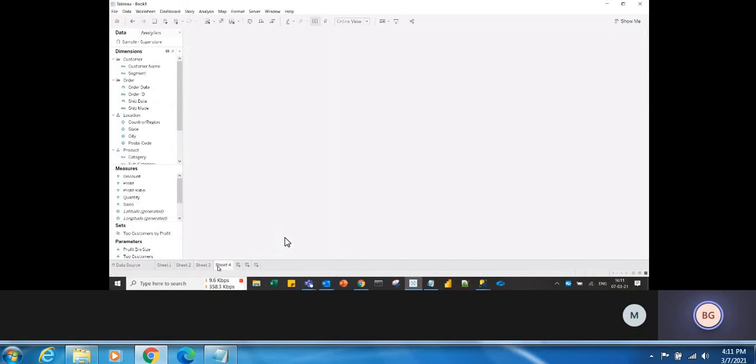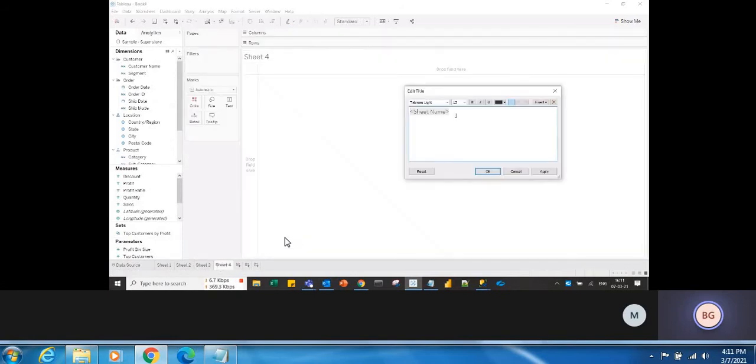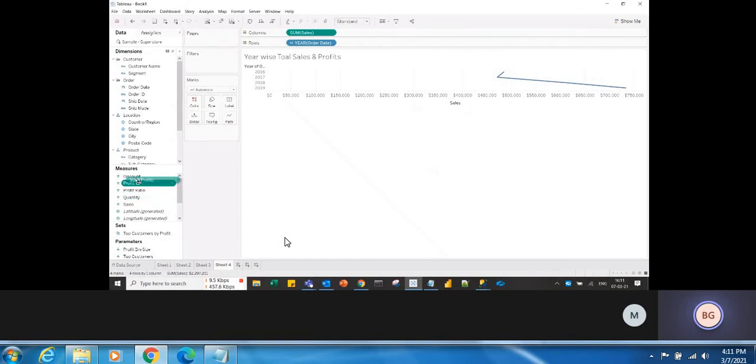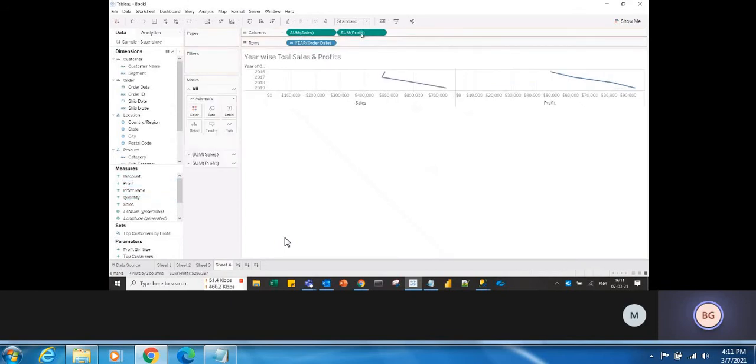So the other way of creating dual axis is, drag the year, okay, and drag the sales, like first measure, into the columns, and drag the profit. Like first create the individual axis like this. Okay, so after creating the individual axis, then make it dual axis.